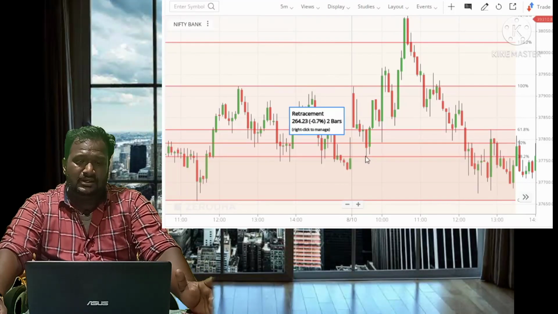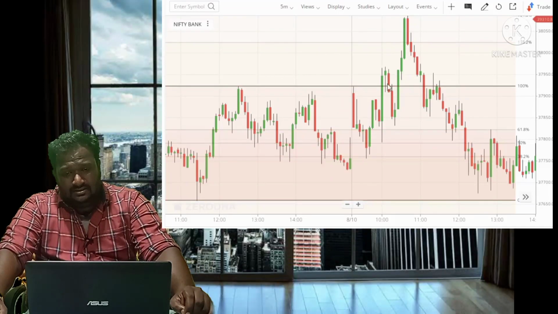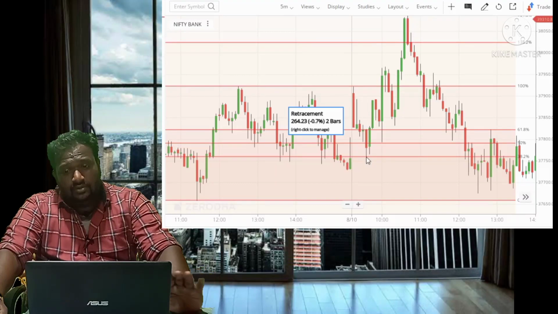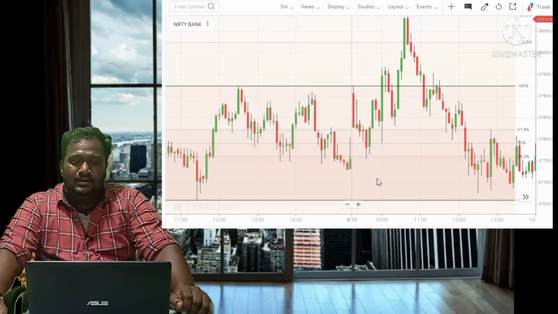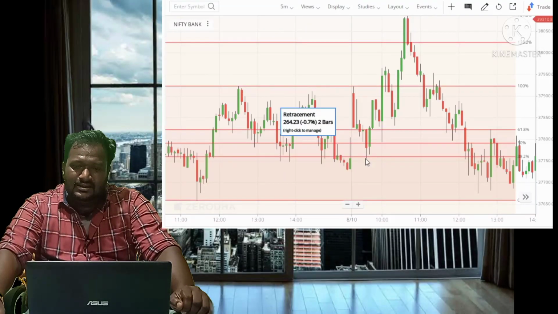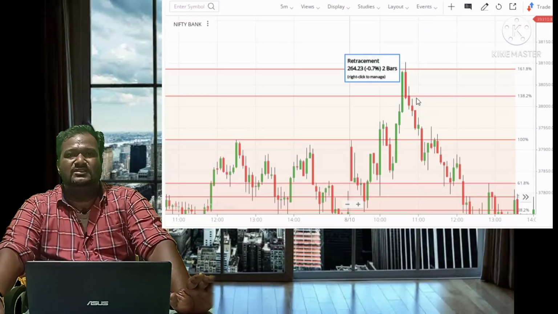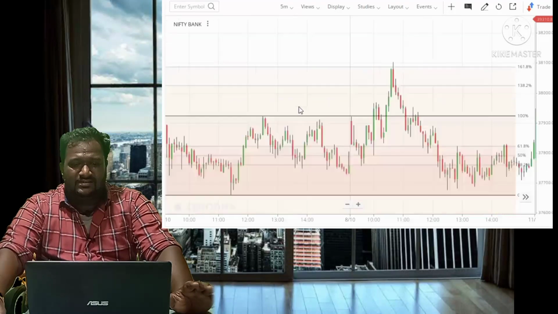If you buy a call option here, it starts increasing, no problem. But if it is decreasing till 38.2, you can wait. Once it goes below 38.2, then that is your exit point. You need to exit. Okay, and it is taking support at the 38.2 line, and it starts increasing. It goes to 138, and finally it reaches plus 161. Okay, this is about one. And one more graph we can see.